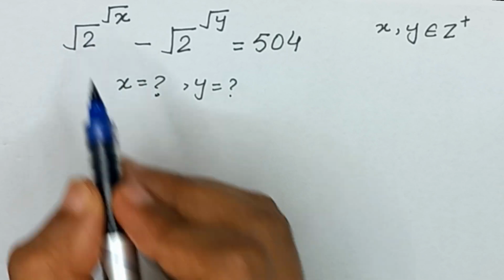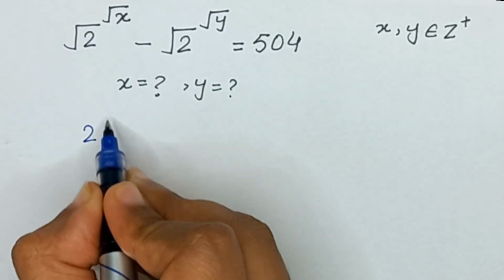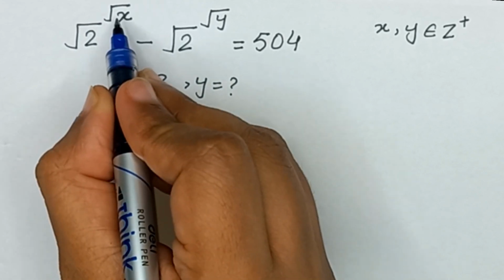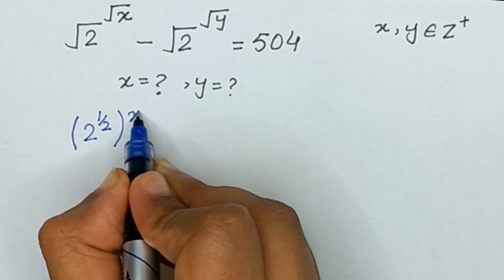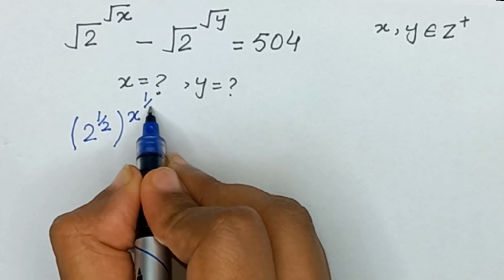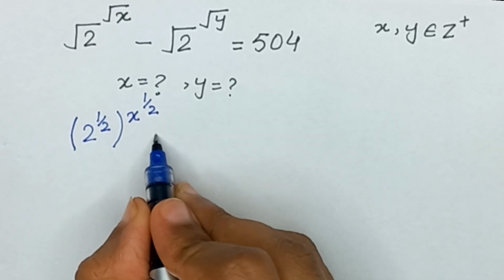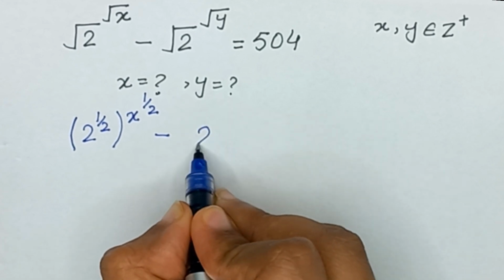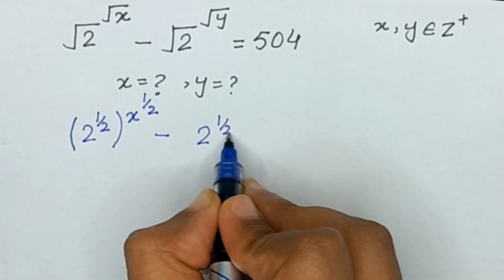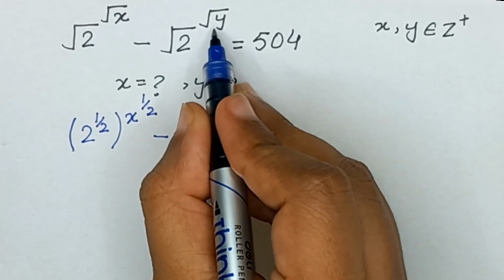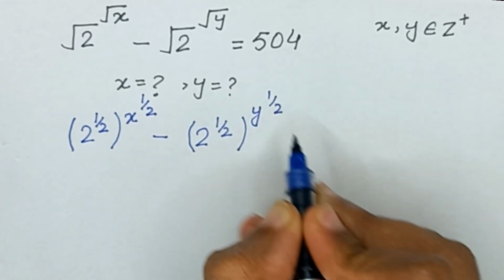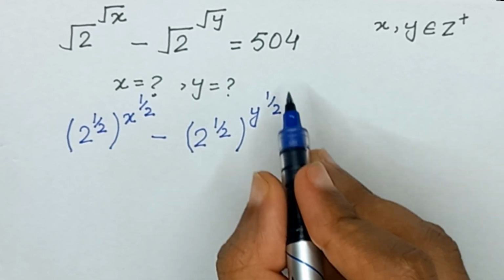So this square root of 2 can be written as 2 raised to the power 1 divided by 2, and its power square root of x is also written as x raised to the power 1 divided by 2, minus, similarly this square root of 2 can be written as 2 raised to the power 1 divided by 2, and its power square root of y can be written as y raised to the power 1 divided by 2, and it is equal to